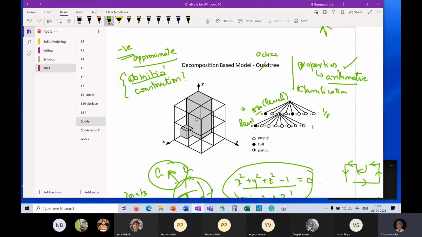That is a huge effort involved in doing that. And therefore, this is not a good technique for us to do ab initio construction. And so we go on to the next type of representation that we wanted to look at.